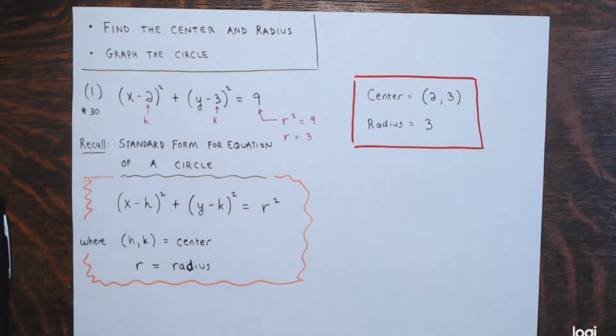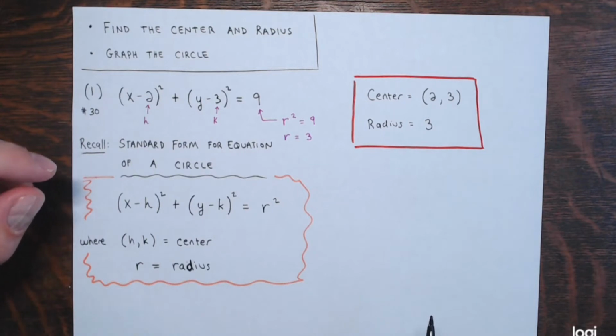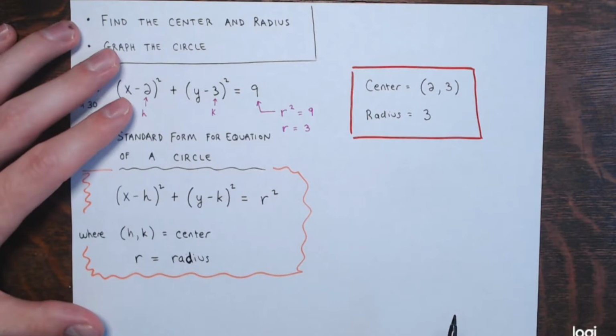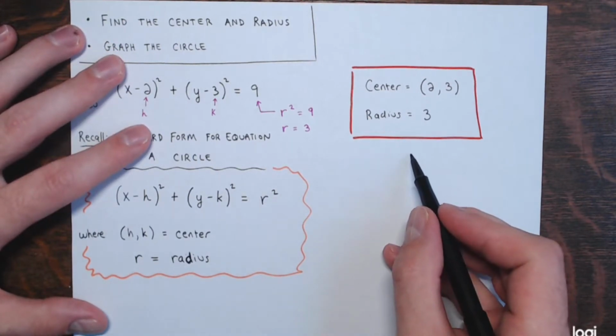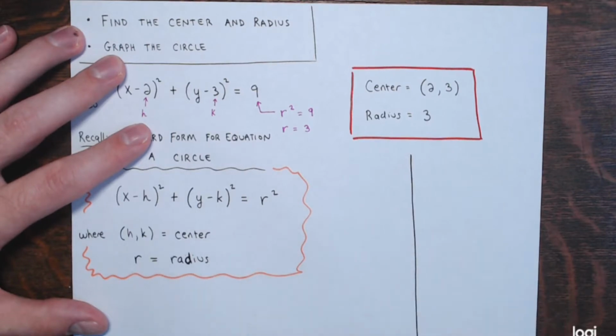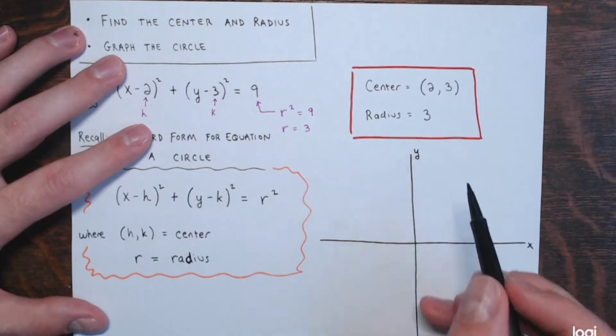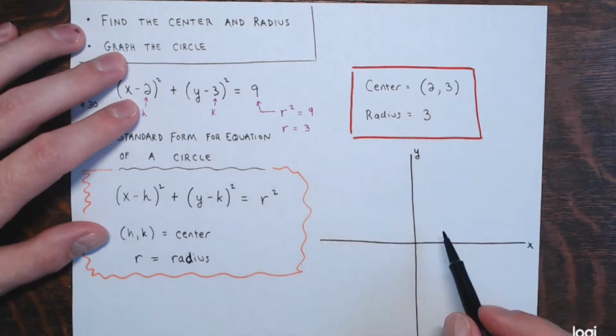Now part 2 is graphing. Like I said, I'm going to graph it by hand and also show you a picture in the Desmos graphing calculator. Just going to make it as best I can. It's a hand drawing, it's not going to be perfect. There's the x-axis, y-axis. So first I'll label the center, 2, 3. So 2 on the x,